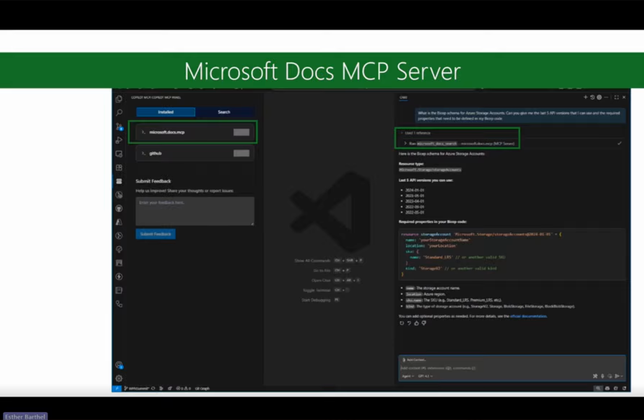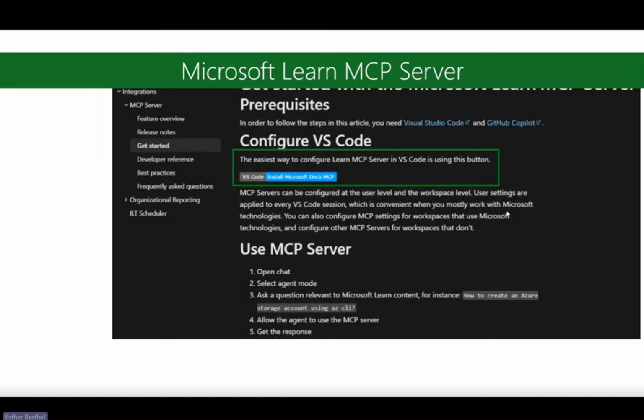So that gives me good confidence in the results that it's producing. So at least it's not contradicting between different MCP servers. As mentioned, it's the Microsoft Learn MCP server, and you can easily, through the website, even install it directly in VS Code.